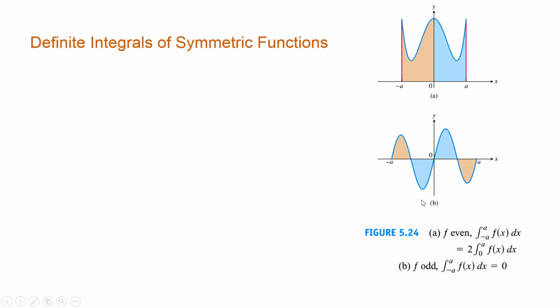Okay, next, different types of symmetric functions. So you can see two figures. In figure A, the curve is symmetric about the y-axis, okay, and the curve B is symmetric about the origin, right? And this is actually the curve of a function which is an even function. Now, what is an even function? A function is an even function if